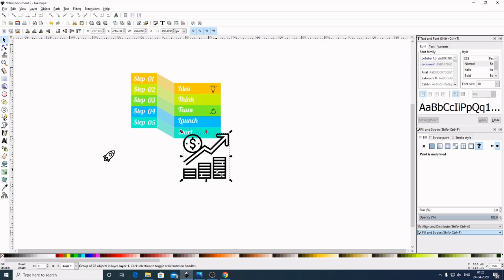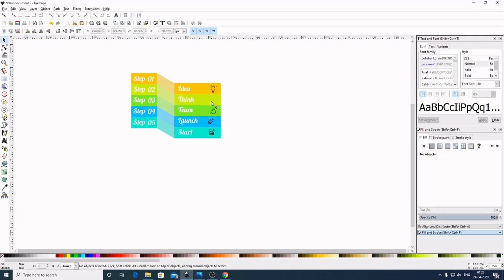Now I will select this. Now by holding Ctrl and Shift in the keyboard, drag this inward to make it more smaller. Bring it here. Place it here to the start. Make it more smaller. This much is better. Now select this one. Bring this here. Make it more smaller by holding Ctrl and Shift in the keyboard. Drag this inward so it will get smaller.